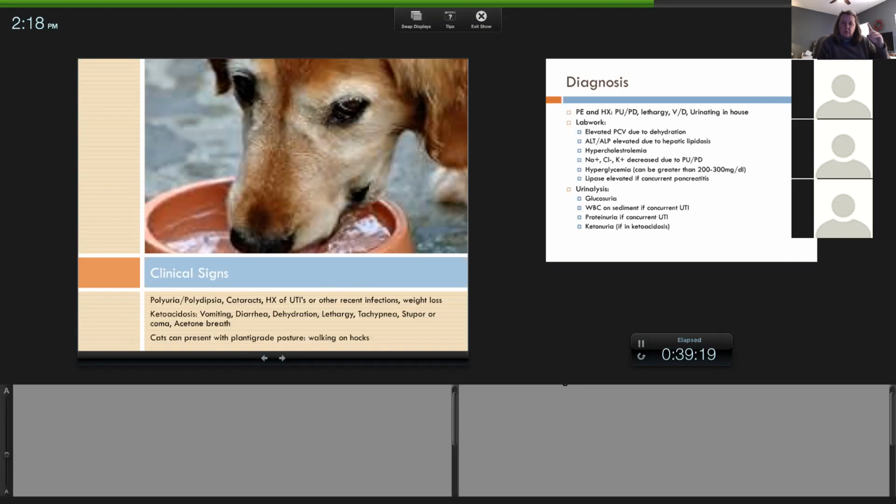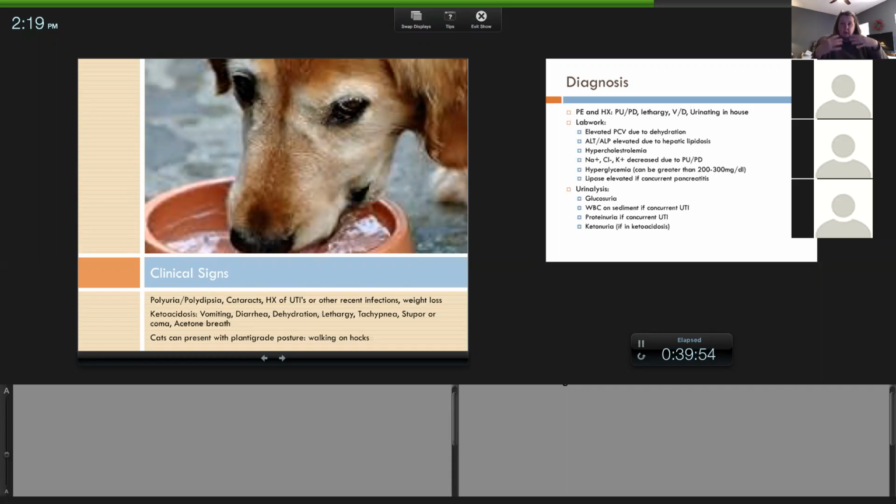And one interesting thing that might be picked up on is they have an acetone smell to their breath, because when they have this buildup of ketones, ketotic animals get this acetone smell. So their breath might smell different. Maybe the owner says that, or you might notice when you do the physical exam that you can actually smell these excess ketones. I'm not super good at that. Sometimes I think my sense of smell is not super great,